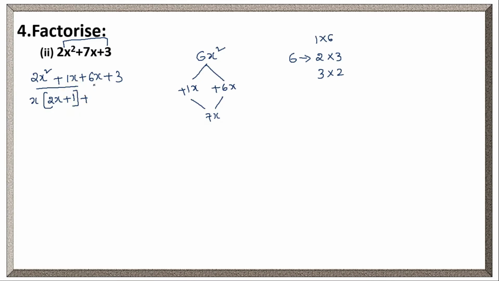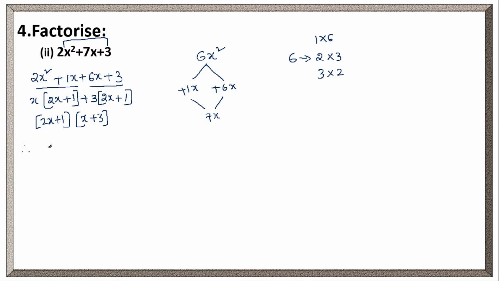In the same way, in the second two terms, what is common? 3 is common. So, 3 I am taking as common. What remains? 2x remains. 3 into 2x is 6x, right? Plus, already I have taken 3 as common. So, what remained? 1. So, in these 2, what is common? 2x plus 1 is common. What remained? x plus 3 remains.